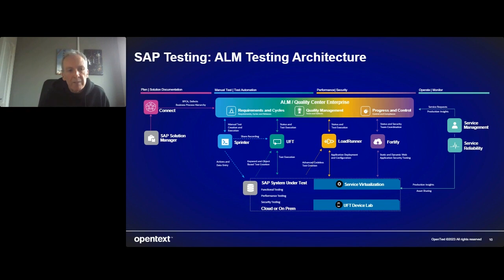On the left-hand side, we're starting with Solution Manager, and that's into our integration hub, which is called OpenText Connect. I'll talk a little bit more about that, but it's basically a hub where we have several spokes out of that hub to different endpoints, like Solution Manager on the one hand. It could be Jira or Atlassian or Azure DevOps elsewhere. All of that allows us to synchronize various entities from Solman into Quality Center, ALM Quality Center, so that we